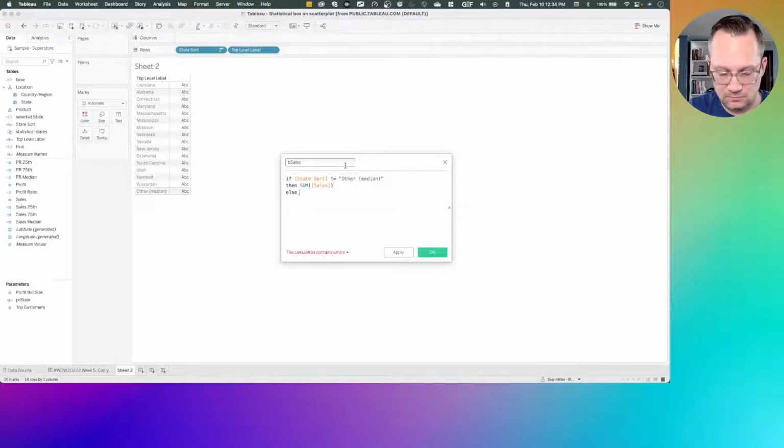Else median wrapped in a fixed state sum sales, and close my median. So what I'm doing here, and then we'll end this so I don't have any squigglies. Nope, didn't like that